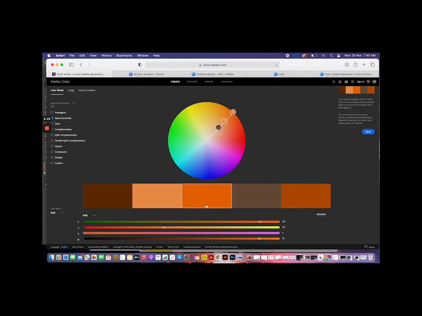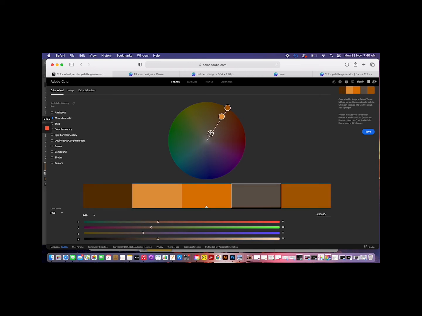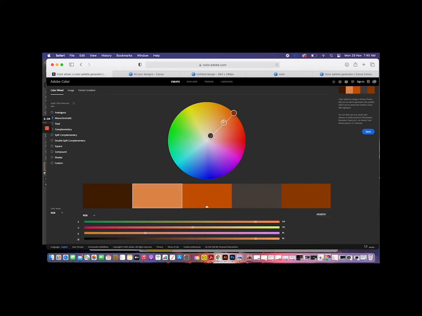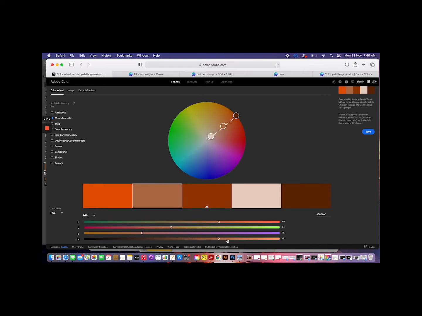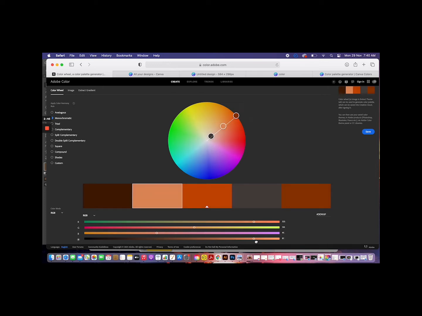So once again we are here with this particular color. If this orange is our primary hue, then I can vary and alter exactly where I want my hues and shades to be. The inner circle tells me what my shade is. The middle circle tells me what my tint is going to be like. And now by just changing the brightness or by moving that around, I can decide how dark or how light my colors can be. So this way, all of the colors that you see over here are a monochromatic palette.